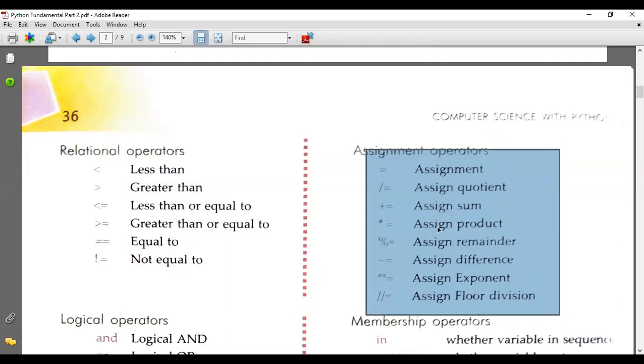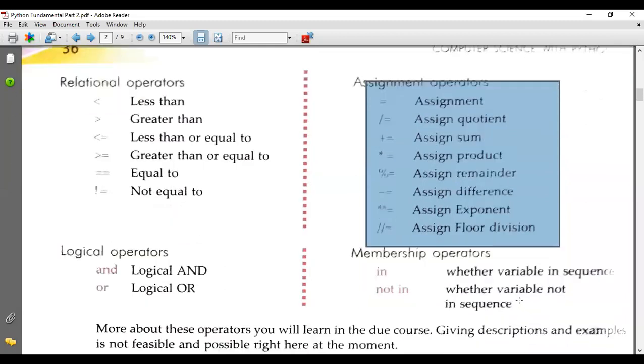The multiply sign with the assignment means assign product. Modulus is the remainder, so it will assign remainder. Similarly minus equals is the difference. Then the double multiply sign is for exponent, and this is called floor division. I will explain one by one afterwards in the next chapter.